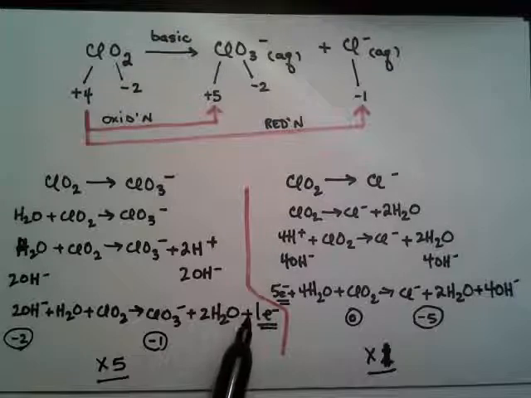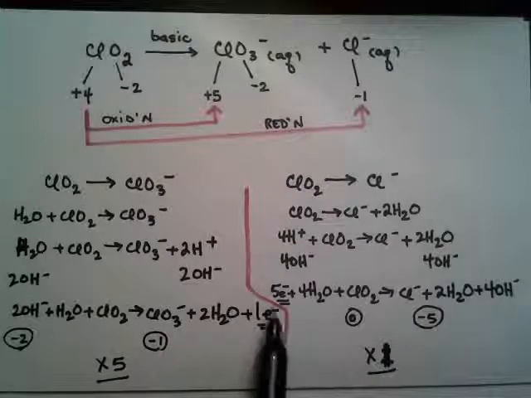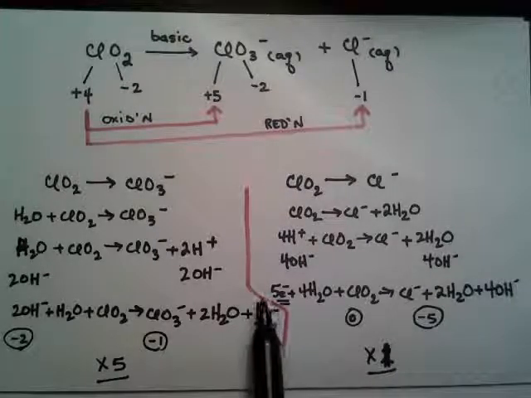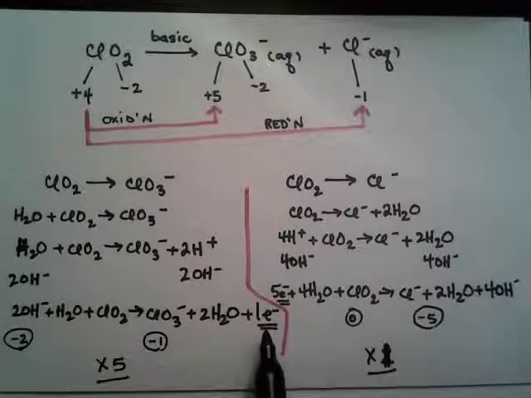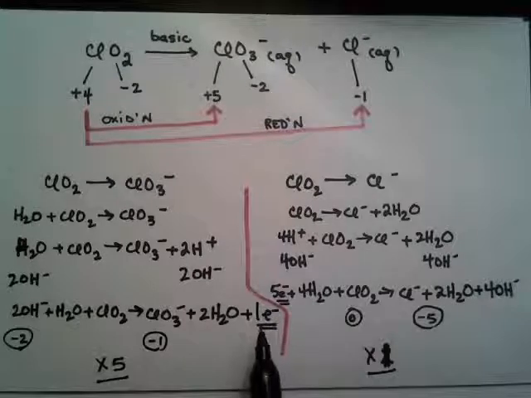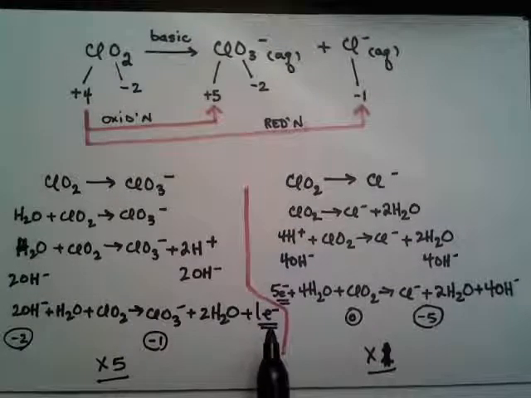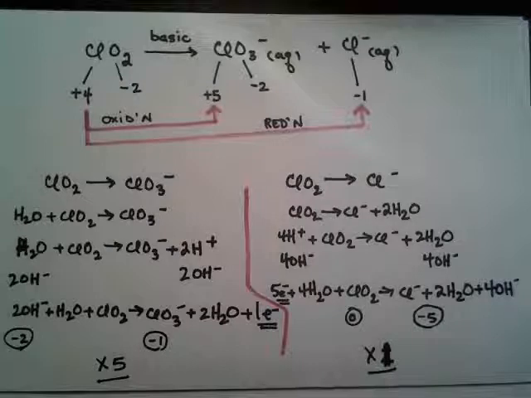Without the electron, don't look at the electron yet, I had a charge on the left of -2, and on the right I had -1, so I did need to add 1 electron. Okay? On the other side, I had